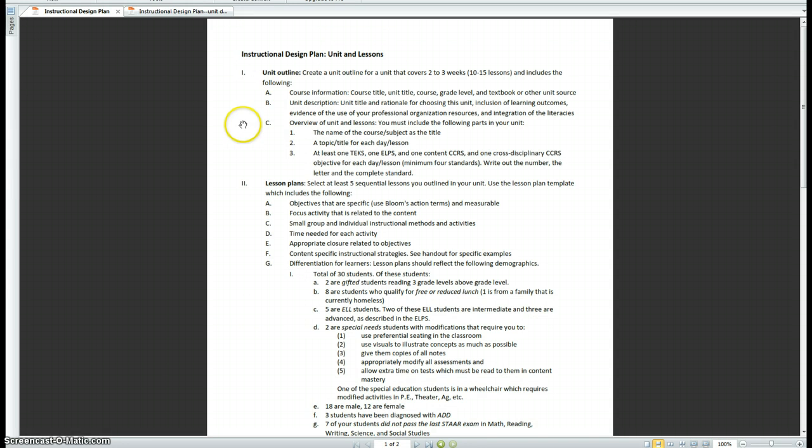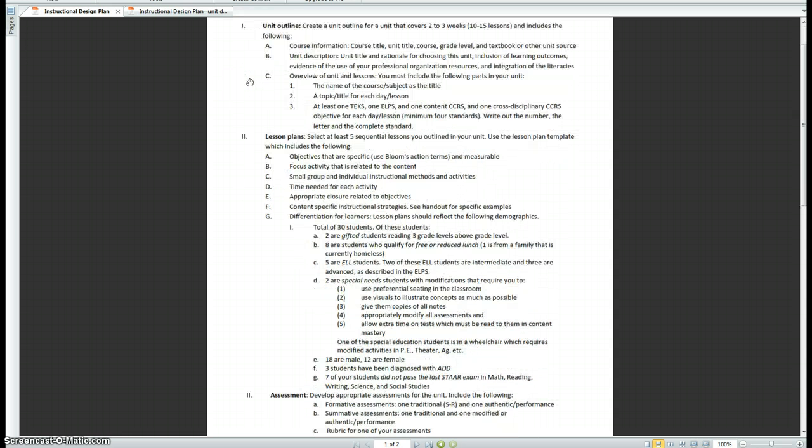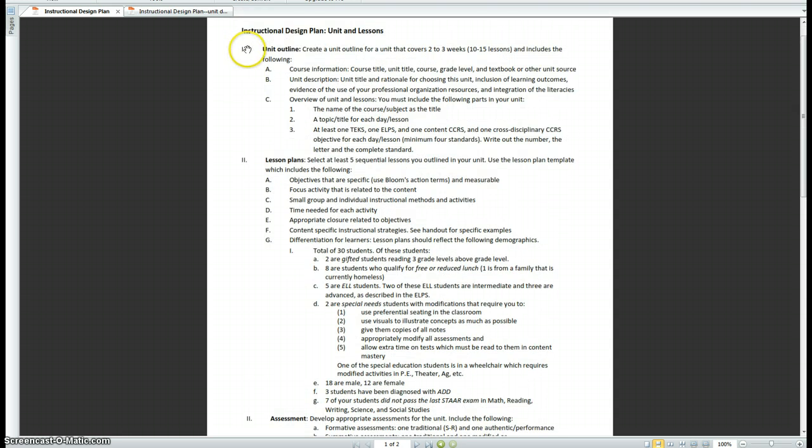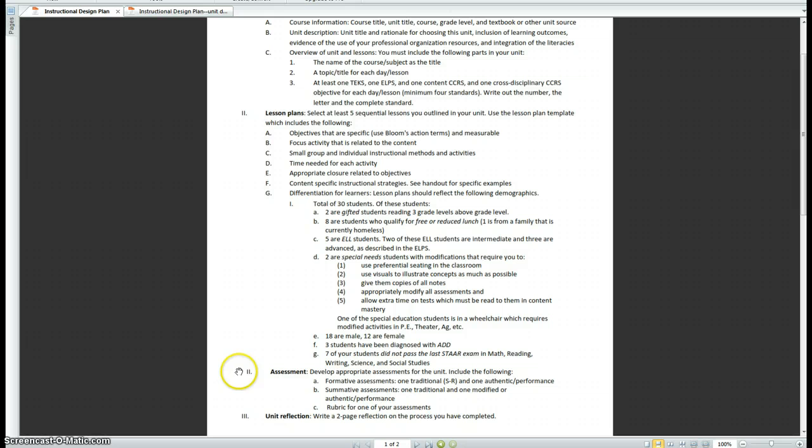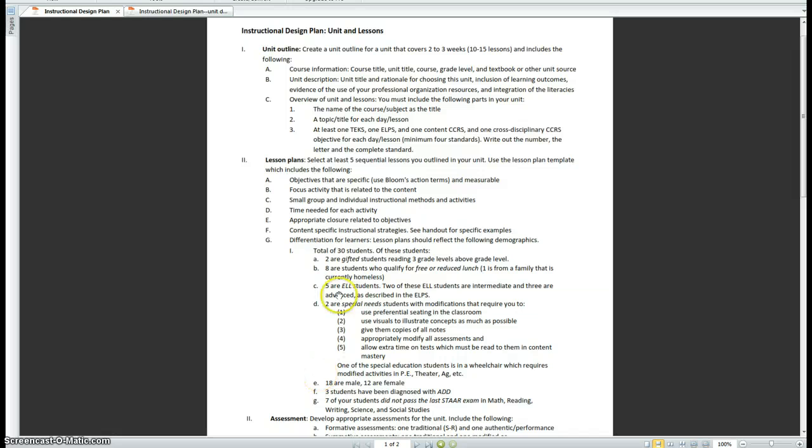That's this one. You'll see in this document there are 4 sections. The first section is the unit outline. That's what we're focusing on today. At the end of the module, we'll be doing our lesson plan, so we'll come back to that. And then, as I mentioned, Module 3 will be focused on the assessment component, and then to wrap things up at the end in Module 4, the unit reflection. So let's go to the